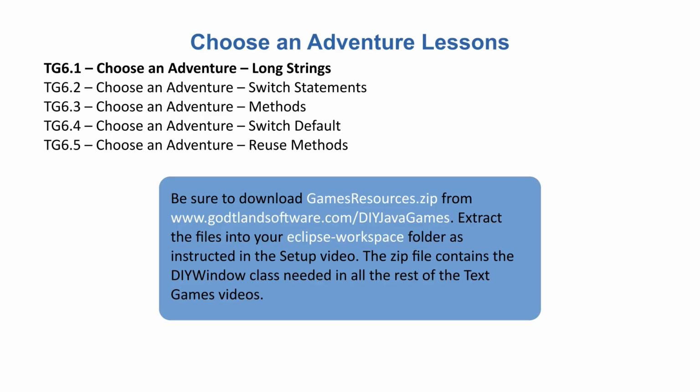www.gotlandsoftware.com, DIY Java Games. Extract the files into your Eclipse workspace folder as instructed in the setup video. The zip file contains the DIY window class needed for all the rest of the Text Games videos. Sometimes strings are so long they don't fit in the Eclipse edit window. This lesson will show you how to handle long paragraphs of text as you program the initial scene and first